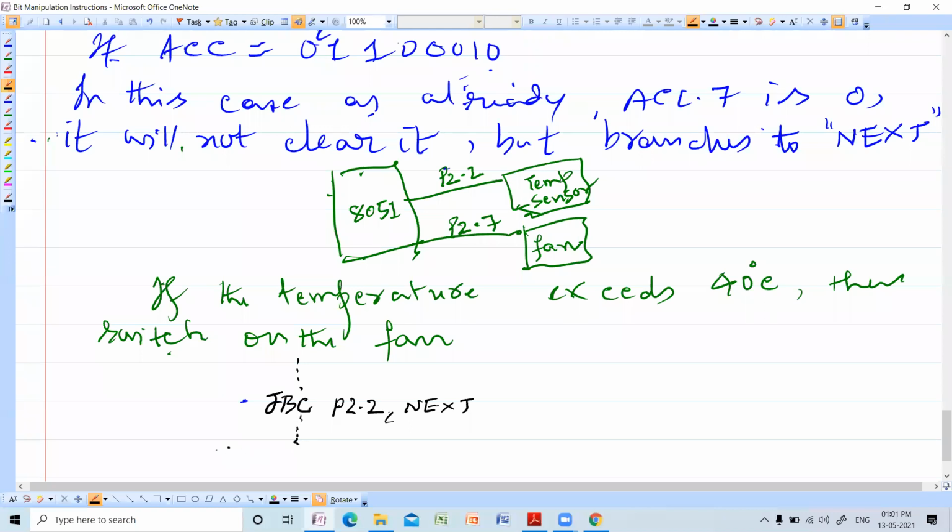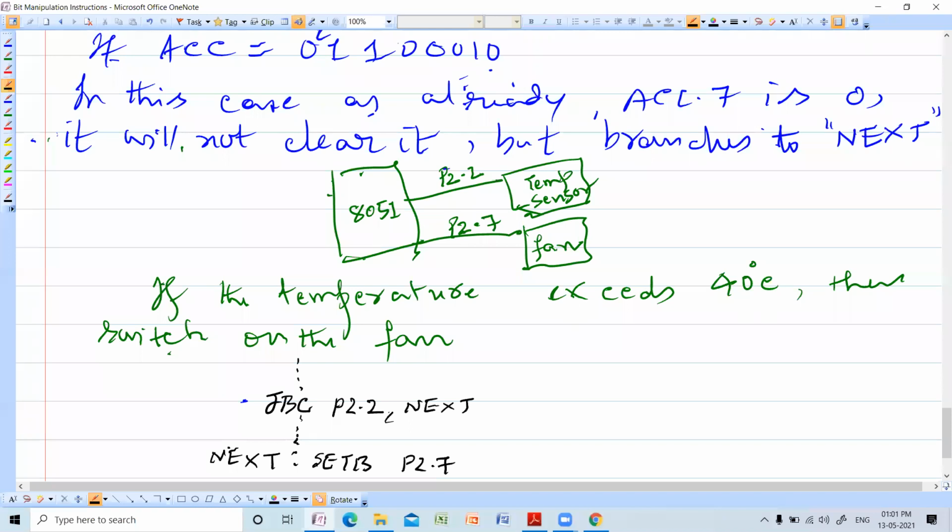Here some next is there. It should switch on P2.7. So then what may I say? You can just say SETB P2.7. When you say SETB P2.7, P2.7 will be 1 and the fan will be on.